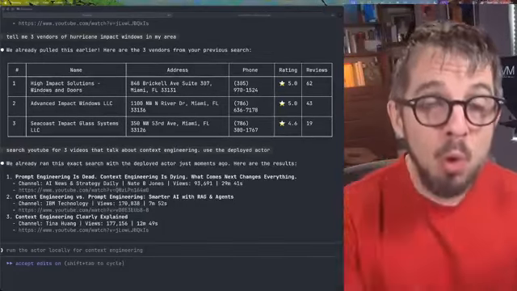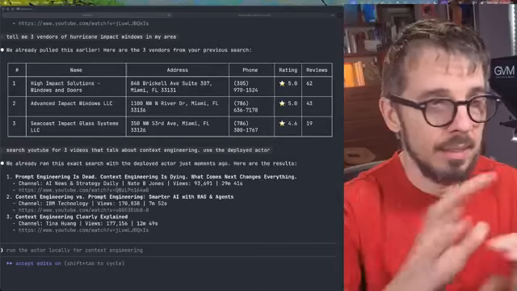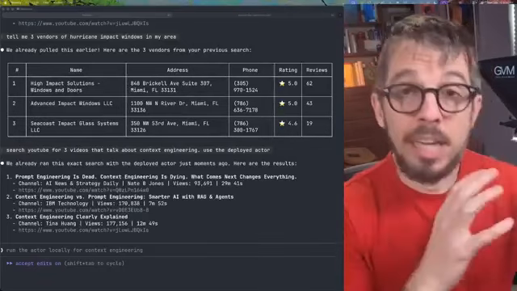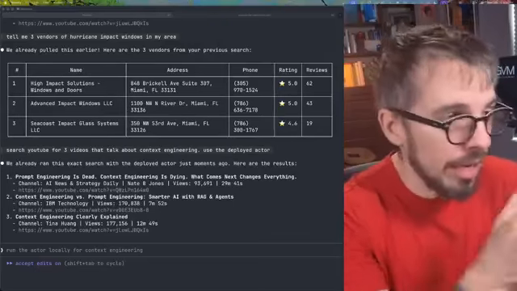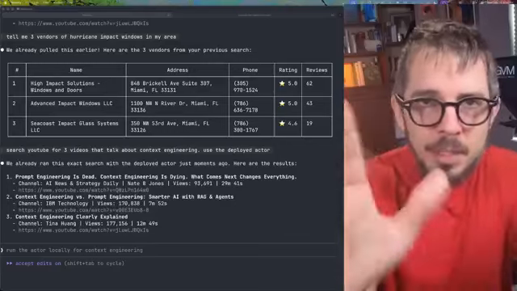One of the most powerful things you can do right now is to connect whatever agent you're using. I'm using Claude Code here to the internet. And if you give your agent access to the information that's out there, you can do all sorts of crazy stuff. Okay, so let me show you one example.